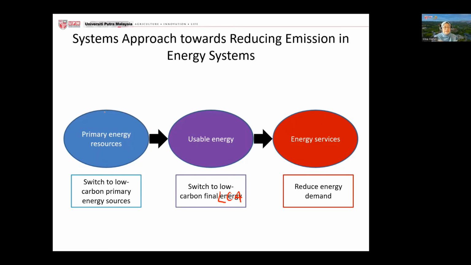If you're looking at this area, primary energy resources, we have a lot. We have things like fossil fuels, we have solar, we have wind, so many of those resources. One example is you switch to low carbon primary energy resources. So instead of having fossil fuels, you start going into it, it's gradual. If you're looking at cars,